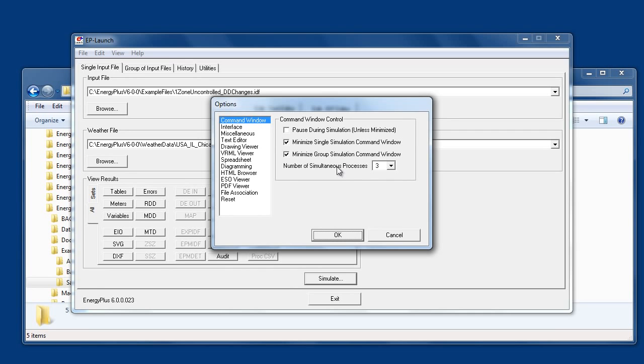The other useful option here is number of simultaneous processes. EP Launch can queue up multiple runs in parallel. This system here is a 4-core processor. I leave it set to 3 simultaneous EnergyPlus processes. That leaves the 4th core available to do other work while the simulations are running. And the system is still responsive then, doesn't start to stall down if the simulations are grabbing lots of CPU